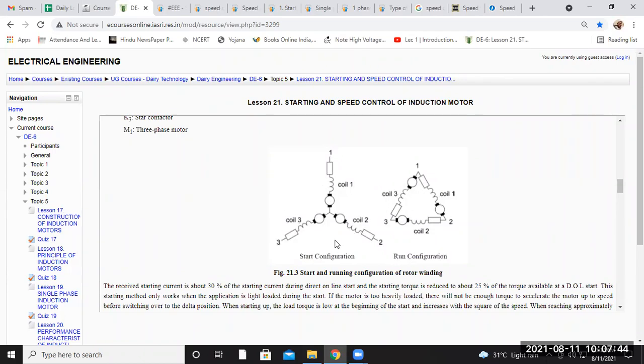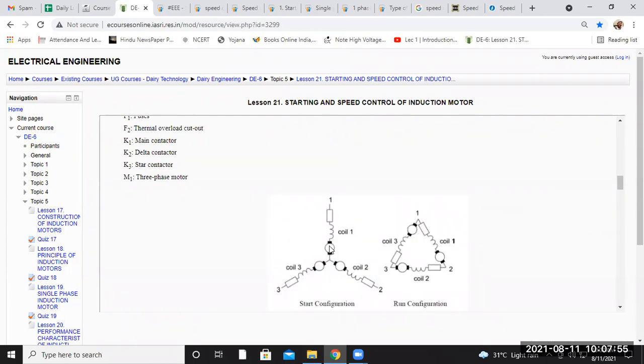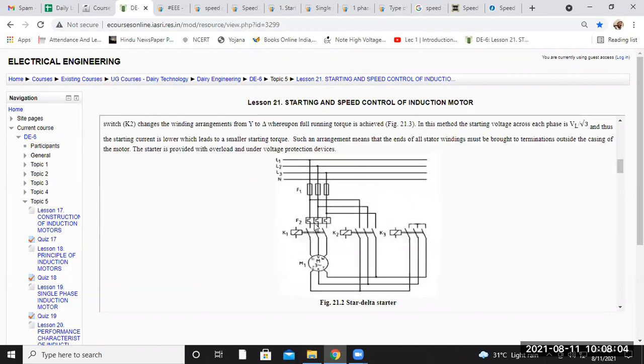At the starting condition, when you want to reduce the starting current to 57% of the nominal current, we use the star connection. After running up to 80%, the star connection is converted to delta connection. That is the main connection. Here you can see the connection of a star delta starter. This is the fuse. This is the thermal cutout section. And this is the main rotor or star delta configuration, so that you can trip the star to delta conversion. This is the input terminal of the three phase induction machine.